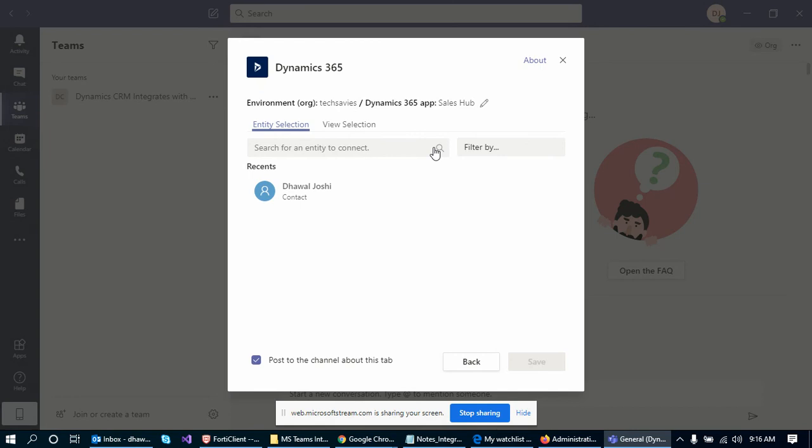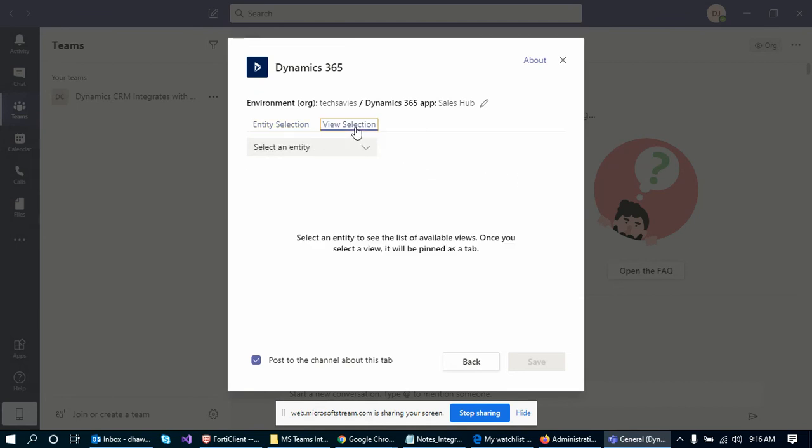Here it will go to a different screen which asks us to select the entity related to whatever we want to select in the Sales Hub. I can click on account, I can click on contact.